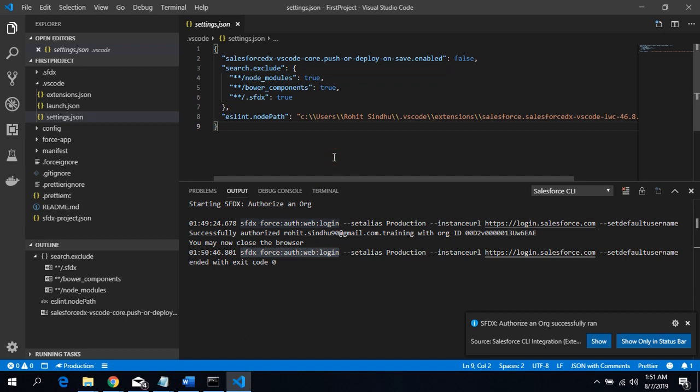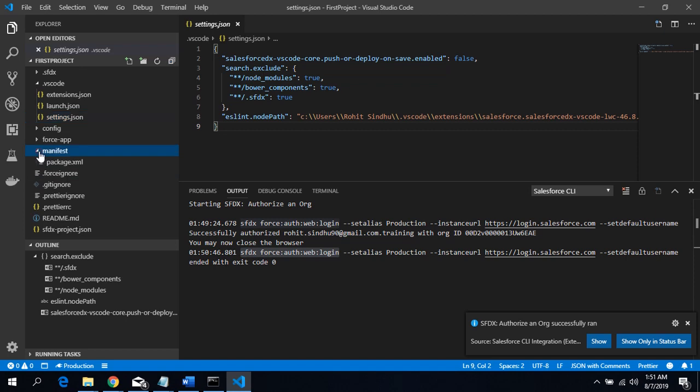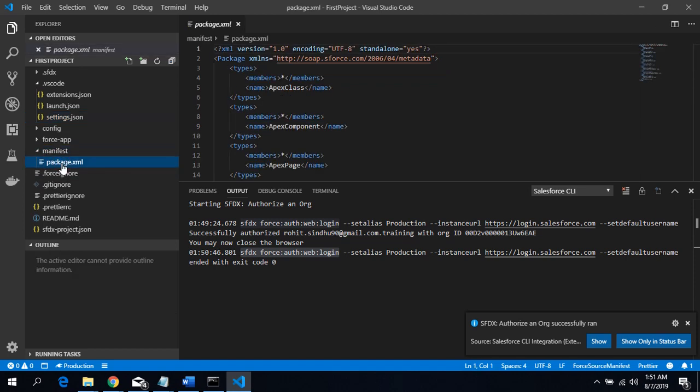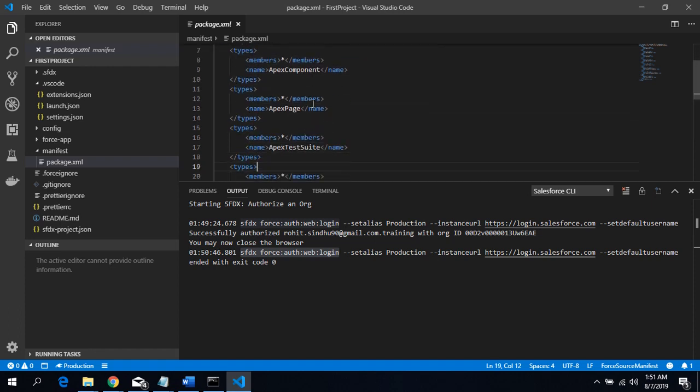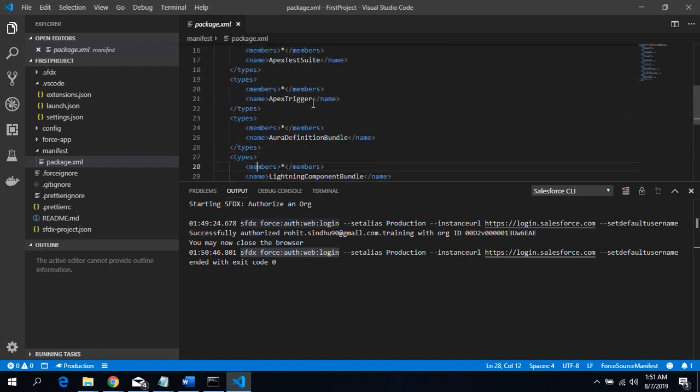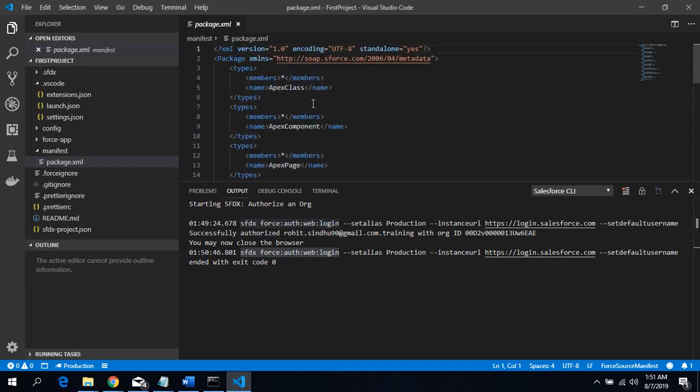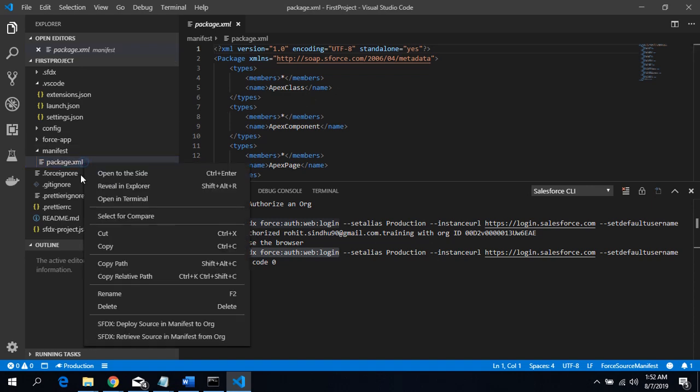So I'm authorized now, and my package XML, let's just go here. Can you guys see this package XML? This is going to be a base for what components you are going to retrieve, what items you are going to retrieve from the org. So basically this is the list of our components: Apex pages, sites, triggers, lightning components, static resources. These are the basic components which came by default with the project. So let's just do one thing, we are going to retrieve it,